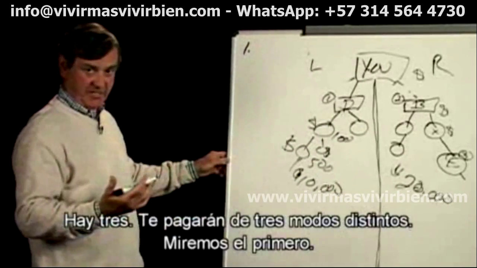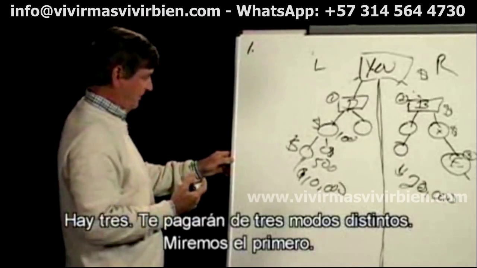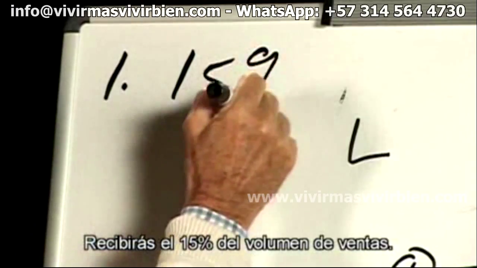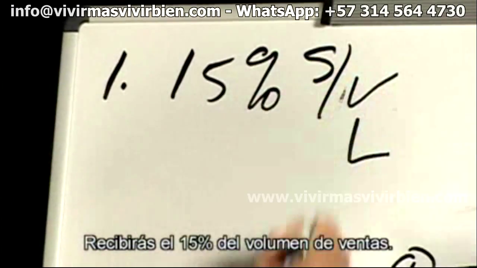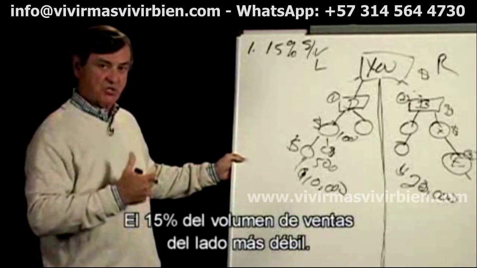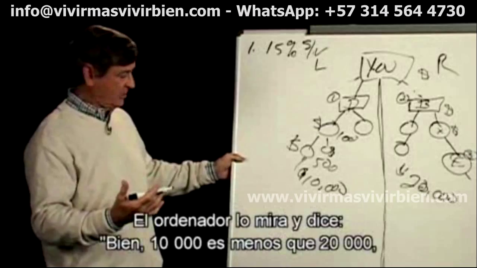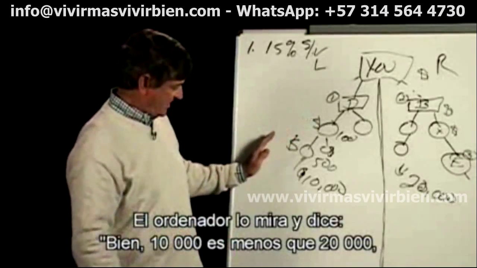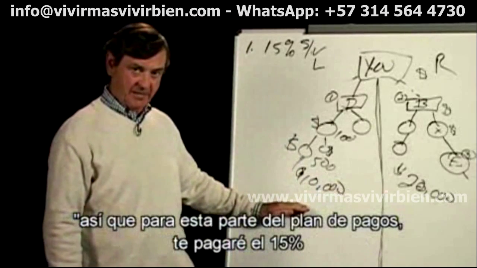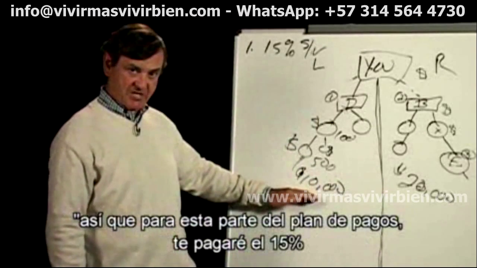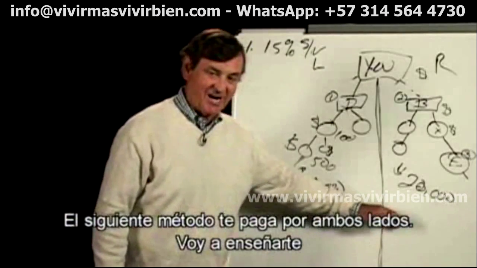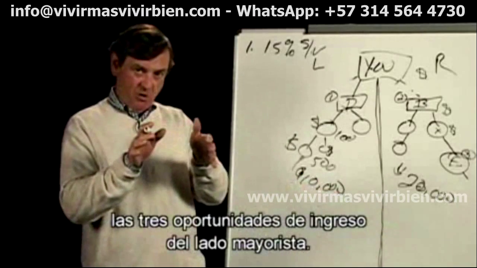Okay, and there's three. You're going to get paid three different ways, but let's take the first one first. And that is you're going to be paid 15% of all of the sales volume on the lesser leg. Okay, so the computer takes a look and it says, okay, 10,000 is less than 20. So for this part of the pay plan, I'm going to pay you 15% of all of the volume in the lesser leg. Now the next part pays you on both sides, but I'm going to show you all three